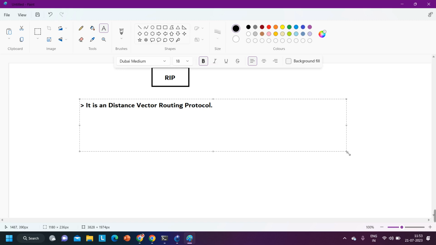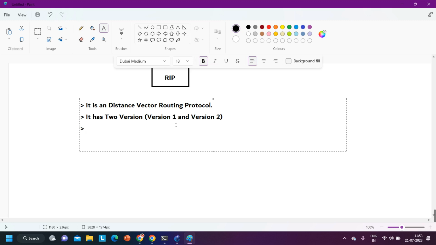Then it has two versions. Yes or no? Yes. Version 1 and version 2. We are not generally using version 1. We are using version 2 only. After that,